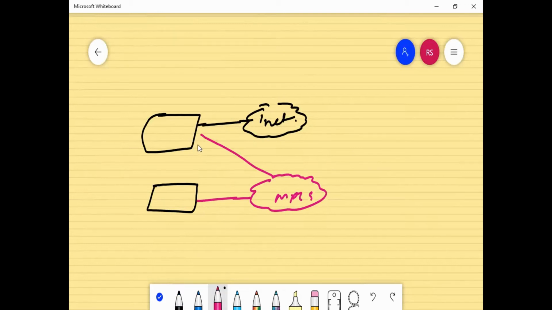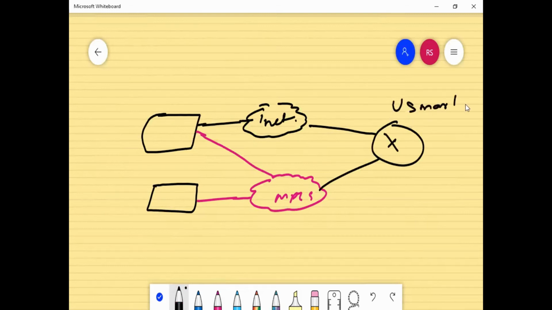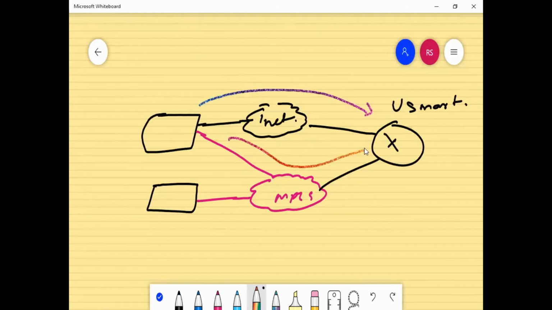In such a setup, the routes will eventually go to the vSmart. So vSmart will be receiving routes from two sides, one from the internet and one from the MPLS. To make it understandable where the routes are coming from, there is something known as the next hop. The next hop attribute of BGP in SD-WAN is known as the TLOC, the transport locator.